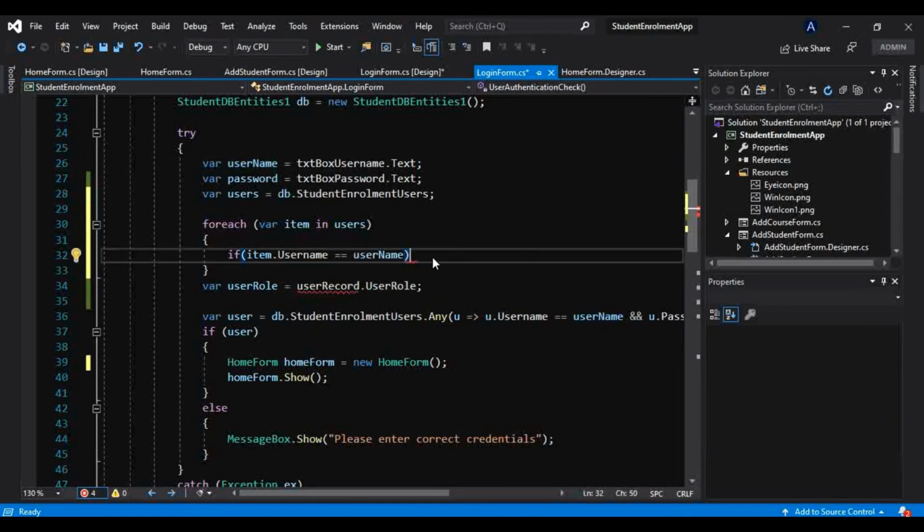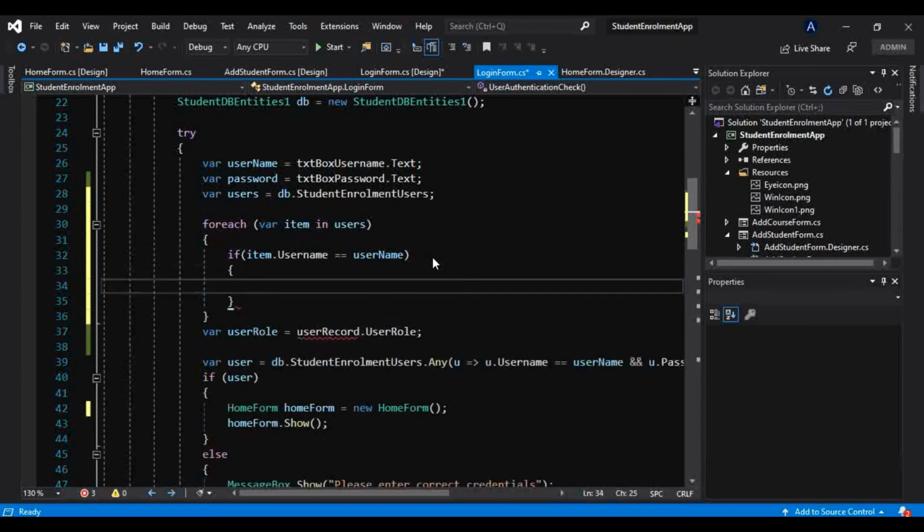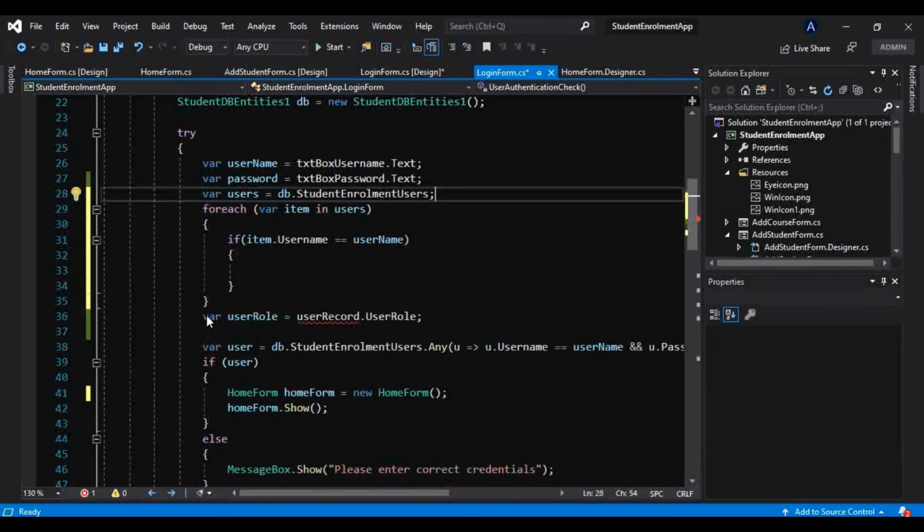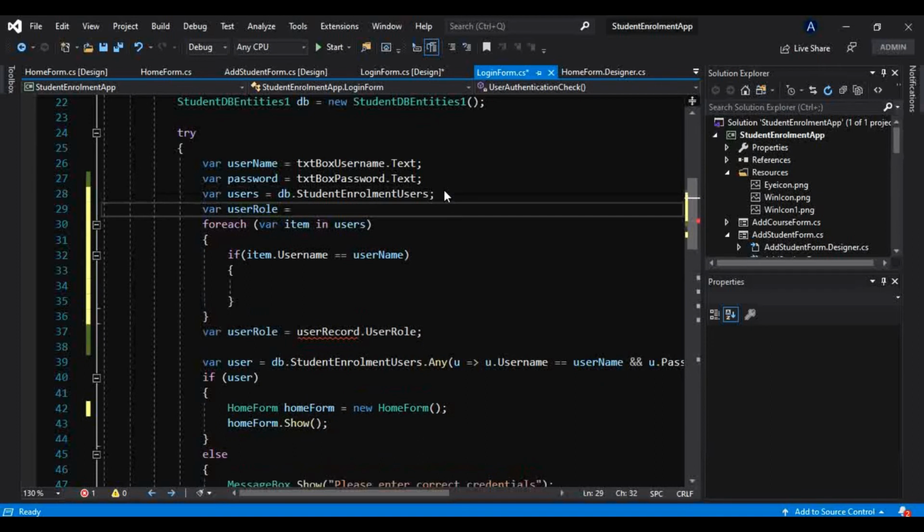And if it is so, we will add that. Let me take one variable here, that is var. Yes, we have already added that. I just have to define it above here. So let me take that above here, and we will initialize that to string for now.